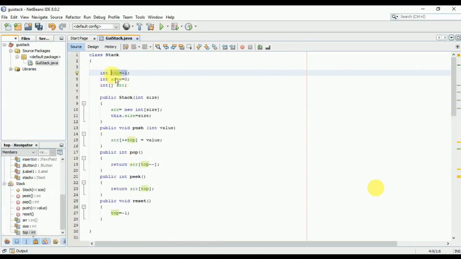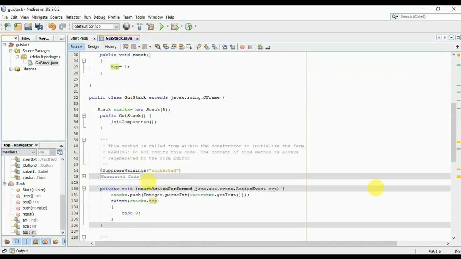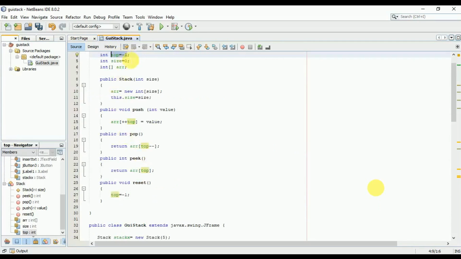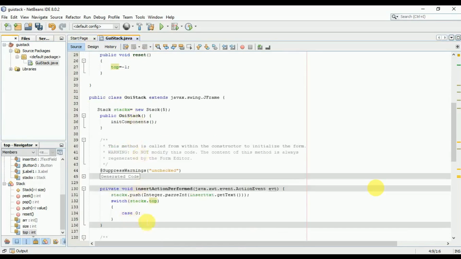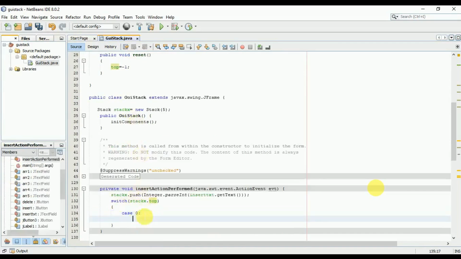For now the top value is -1. The initial value of top is -1. When the user pushes some value inside the stack, this top variable goes from -1 to 0. Okay, this will now be 0. 0 is an element index of an array, you know, so I use this case 0. So whenever there is 0, this will be called,